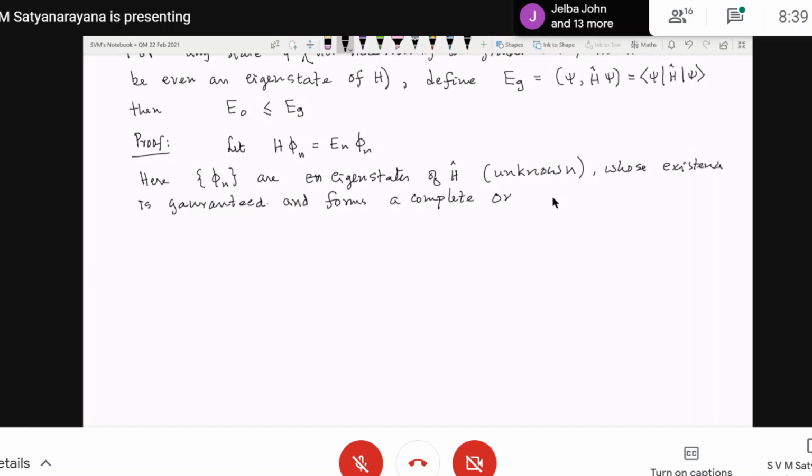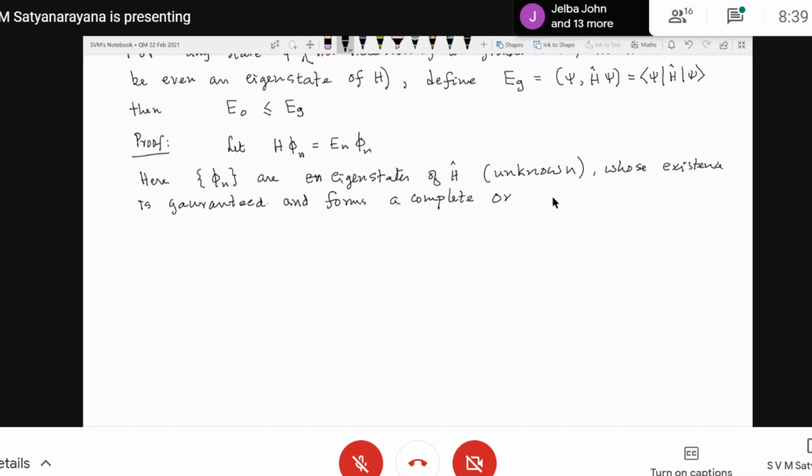If this is guaranteed, then you can always say that any arbitrary state psi can be written as psi equals the sum over n of Cn phi n, because it forms a complete orthonormal basis,